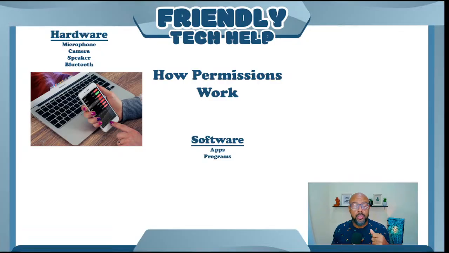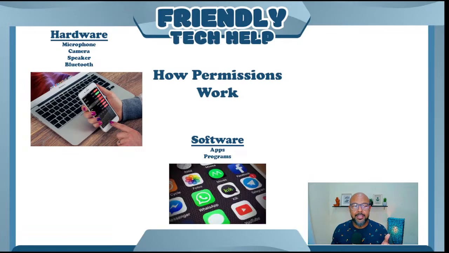So you, as a user, when the apps or the programs say, "Hey, I'd like to access your camera," you have to say, "Yes, I will allow you to access my camera." In this case, WhatsApp or maybe Instagram, right? You can access the camera, you can access the microphone, right? So you set the permissions when it comes to Bluetooth,